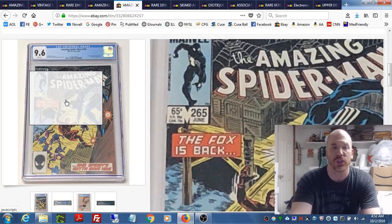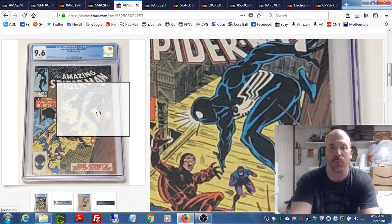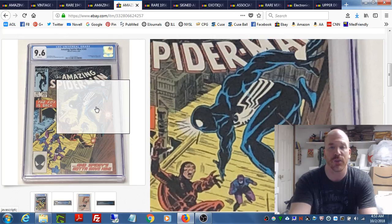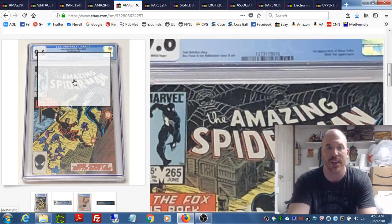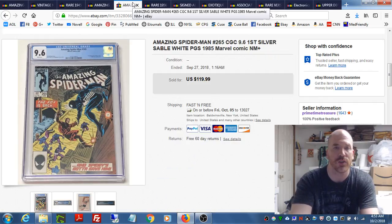Now, this one isn't the most sought-after book, but it is popular because it does have Spider-Man in the black alien costume, and that is a popular costume that he's in. It bears similarity to the costume that was worn by Venom. There is a Venom movie coming out this month, so anything with Venom in it will also be something you might want to list if you could ever find some Venom. He looks kind of like Spider-Man, but he's got really sharp teeth. But anyway, this one here sold for the price that you see listed,